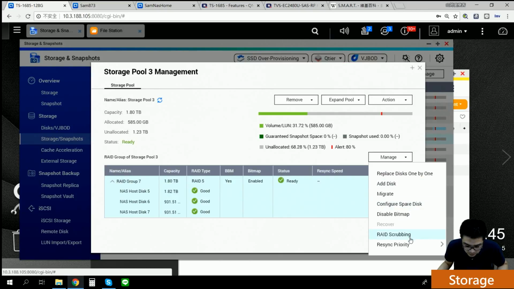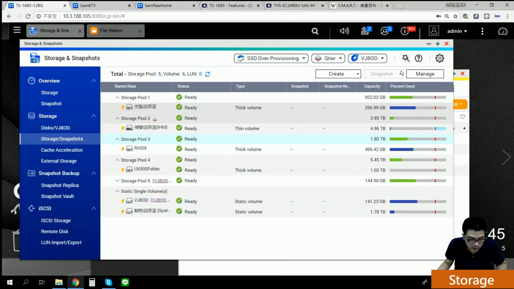And the RAID scrubbing, we have already checked that. And the resync priority, we also checked that. So that is all for the storage. And we can also do the